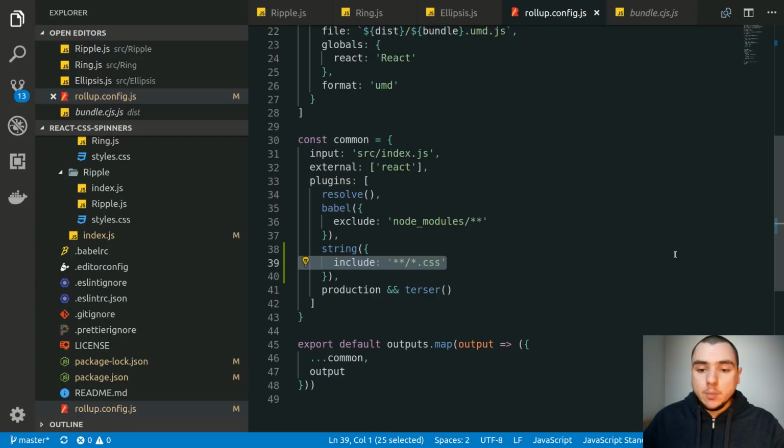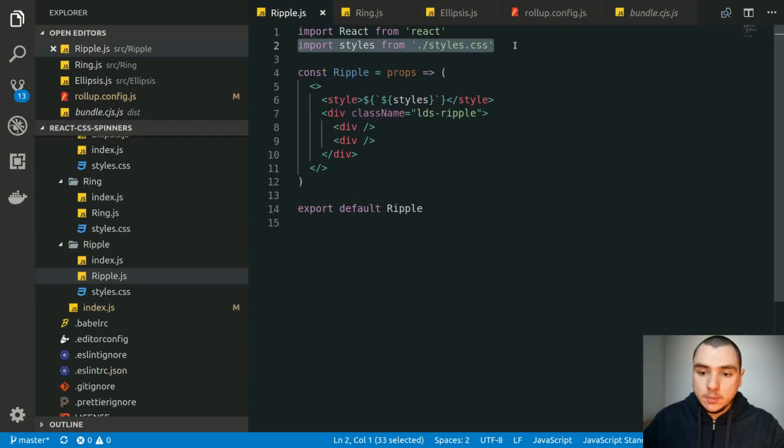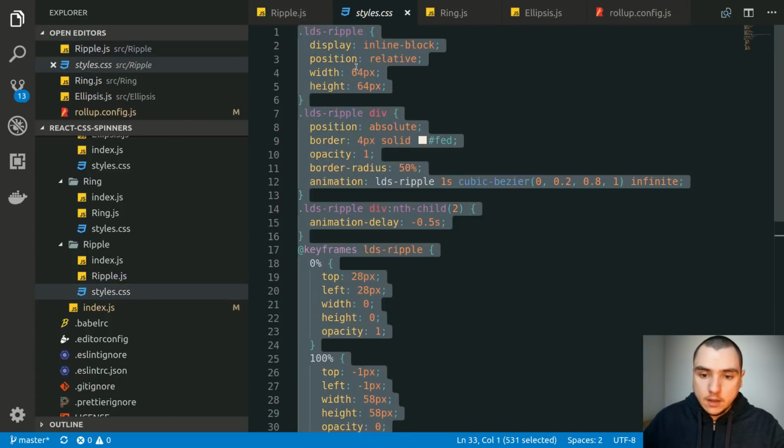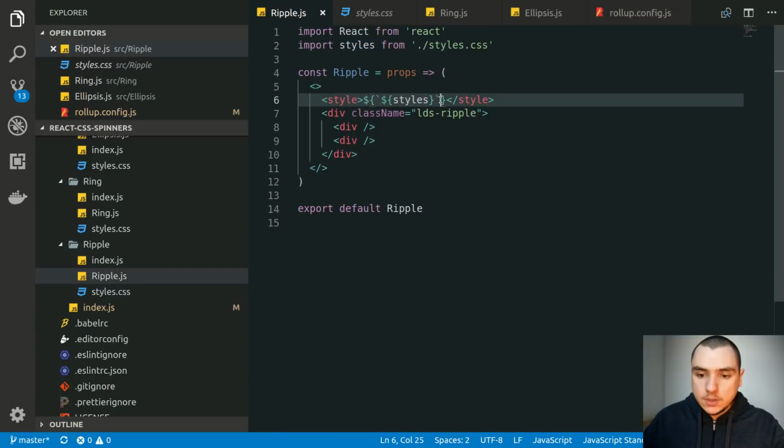And that way you would concatenate all of your CSS files into a single CSS bundle that you would import separately in your application. But in this case, because we're building a library, we're going to be actually treating CSS as strings. So just plain strings, we import them like that in every component. And then that variable becomes the variable that will hold all of the CSS in this file, styles.css. And we basically output that string into this style tag using JSX.